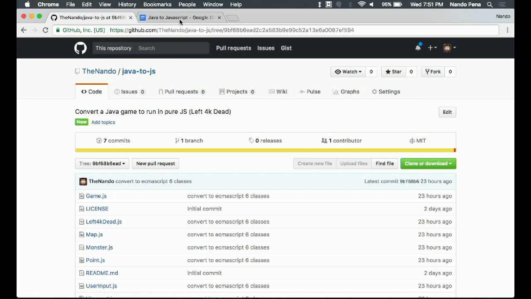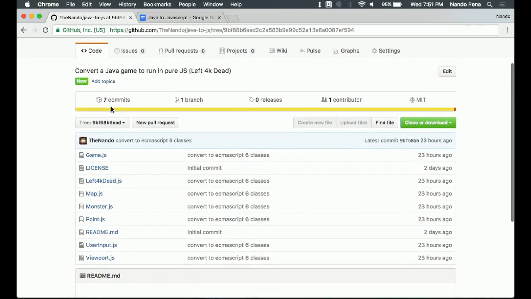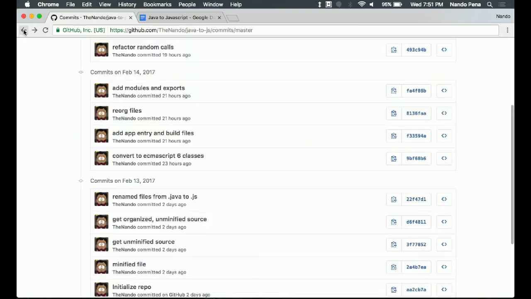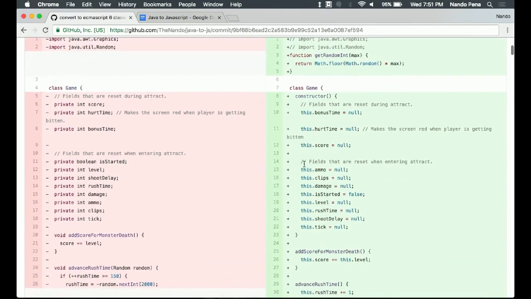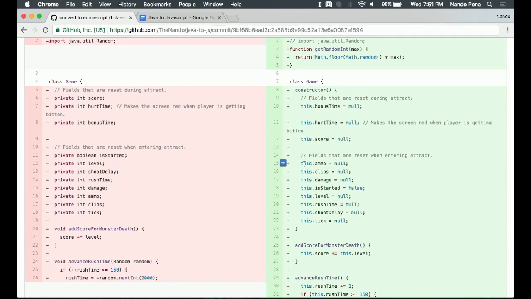Specifically, I chose to do ECMAScript 6 classes. I didn't do that the first time because I don't even think we had ECMAScript 6 classes back in 2011, but we have them now. And I thought, hey, that'd be a pretty good, closer to an apples to apples comparison, because already you can just look and see the class name stayed, the class structure stayed the same. We're still working with classes.